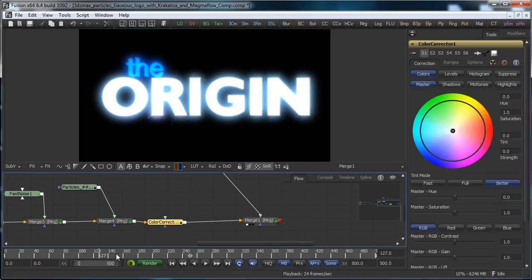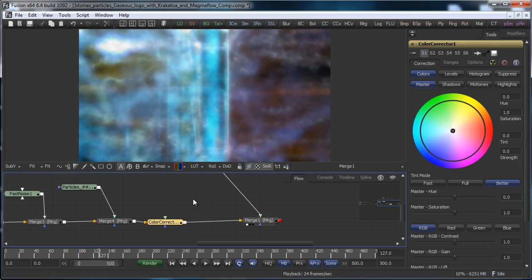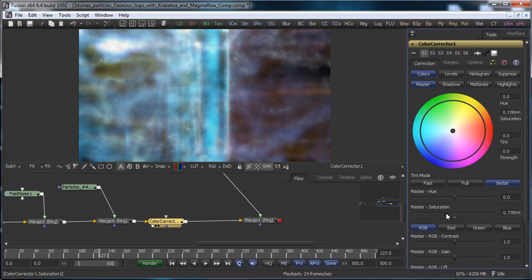So let's go into the plane of the gas. If you like, using the color corrector, you can decide, for example, to control the saturation, so we have a little bit more saturation, we can have a little bit more contrast, and you can manage the coloring to move the colors to some kind of color